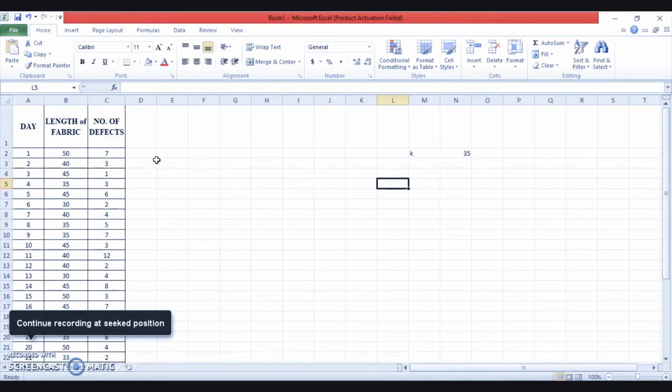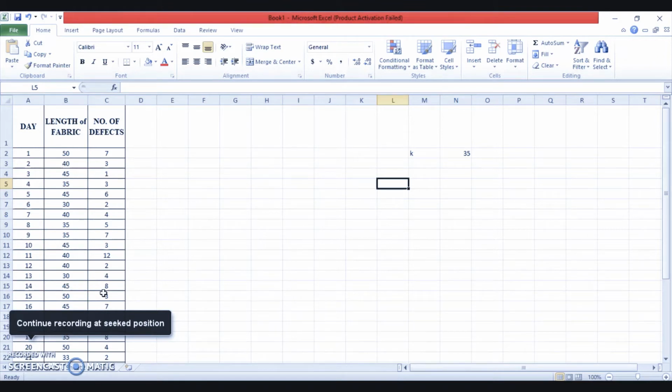The quality control inspector of the company needs to construct a control chart to check whether the process is under statistical control or not, and also compute the revised control limits if it is necessary. That means if the data points are going out of the control limit, then we need to revise this control chart. Therefore, the problem for this session will be trying to explore how to construct the chart for number of defects per unit, that is your U chart, right?